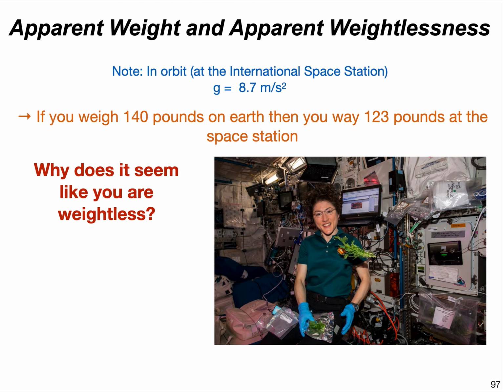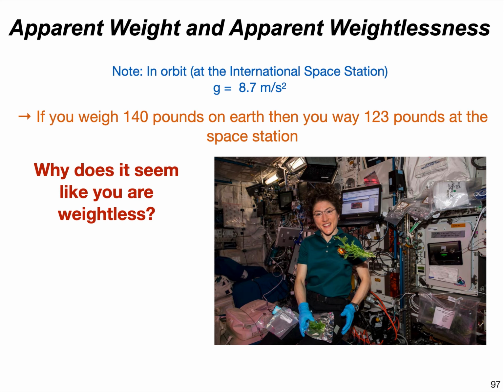This leads us to our next concept, the concept of apparent weight and apparent weightlessness. If you're in orbit, floating around in the International Space Station, g is still 8.7 meters per second squared for you. It's only a small fraction smaller than it is on Earth. So if you weigh 140 pounds on Earth, you weigh 123 pounds on the space station. You still have a pretty large force of gravity pulling down on you in the space station. So why does it seem like you're weightless? This astronaut is floating around. This lettuce is floating around. Why does it seem like you're weightless if you still have this large force of gravity pulling down on you,